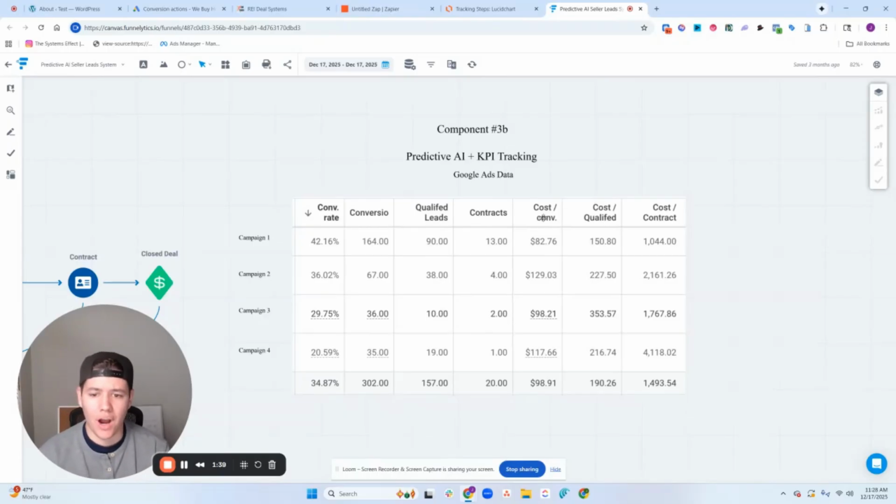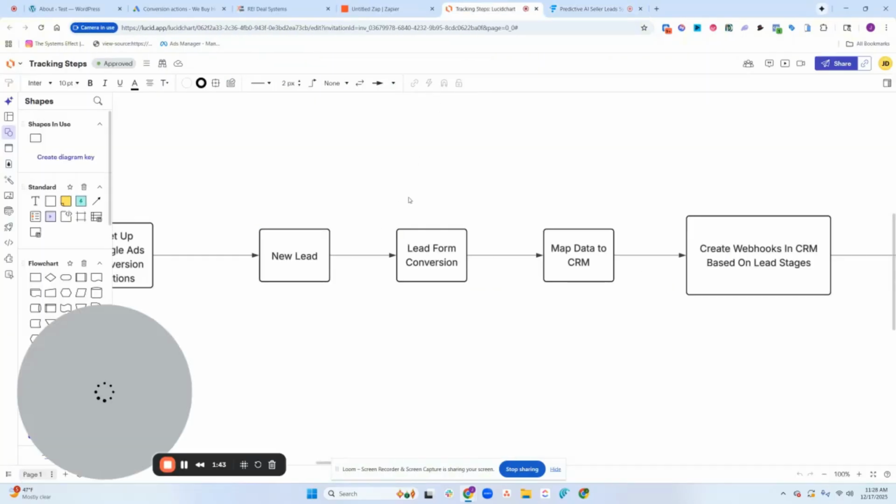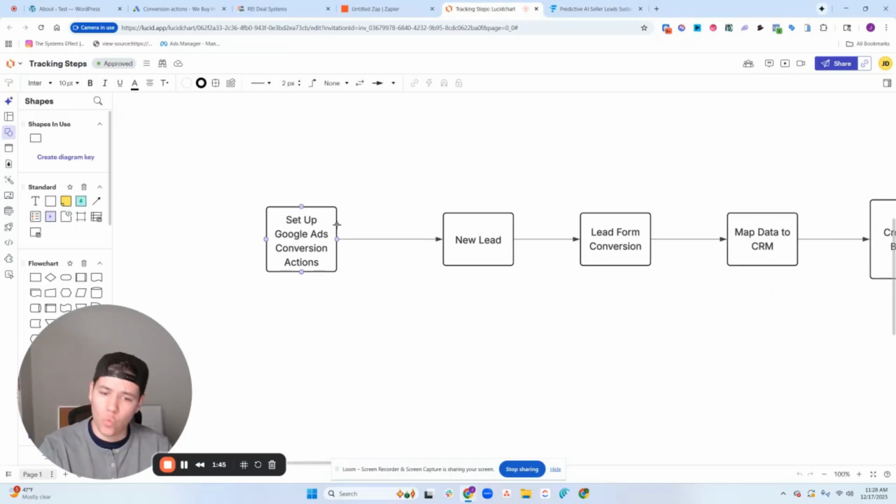Okay, so I'm going to show you guys step by step on how to do this. I have over here a Lucid chart where I'm going to basically go through this one by one and just break each piece down for you guys. This will be a very heavy video. It's going to be probably close to an hour, hopefully not more than an hour. So the first thing we need to do to build this system is